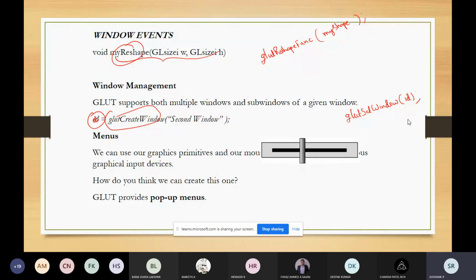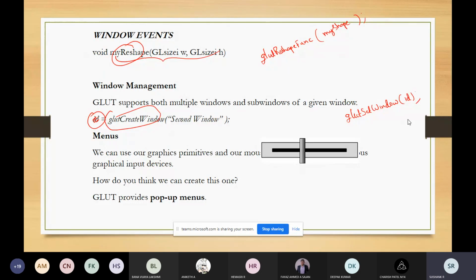Also, you can set different properties by calling the glutInitDisplayMode function before calling glutCreateWindow. So this is with respect to window management. We have glutCreateWindow and glutSetWindow.